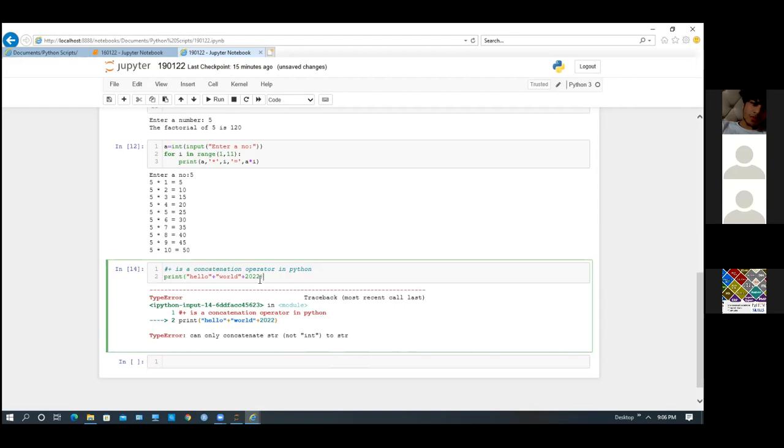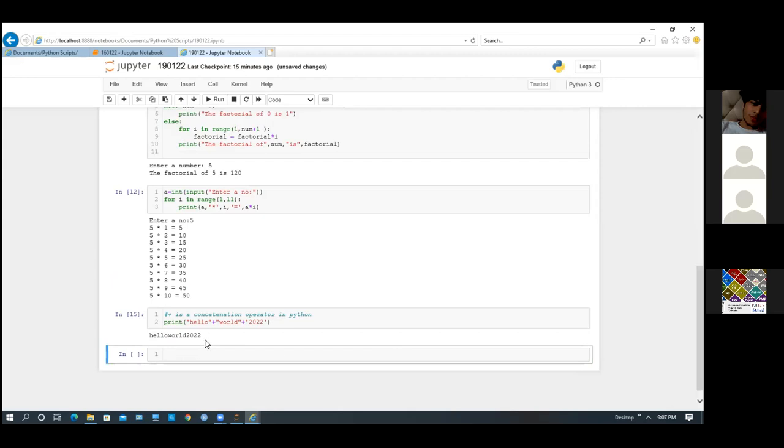If I write 2022 like this, it is considered as an integer value. So concatenation doesn't work with integers. It only works with strings. So in order to have this, we have to write it like this.